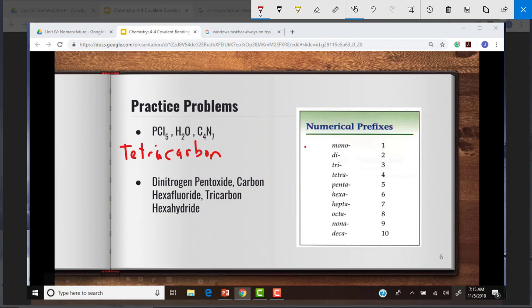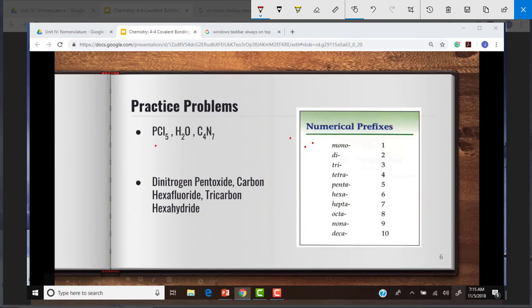And 7N is going to be hepta nitride. Again, we still add our root at the very end, so it's not going to be tetracarbon heptanitrogen, it'll be heptanitride. Taking a look at a few more of these down below, writing it the opposite way, we have dinitrogen